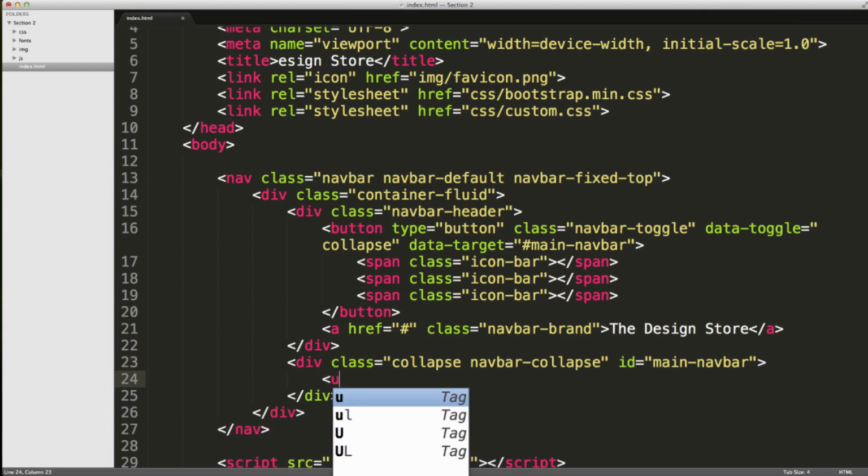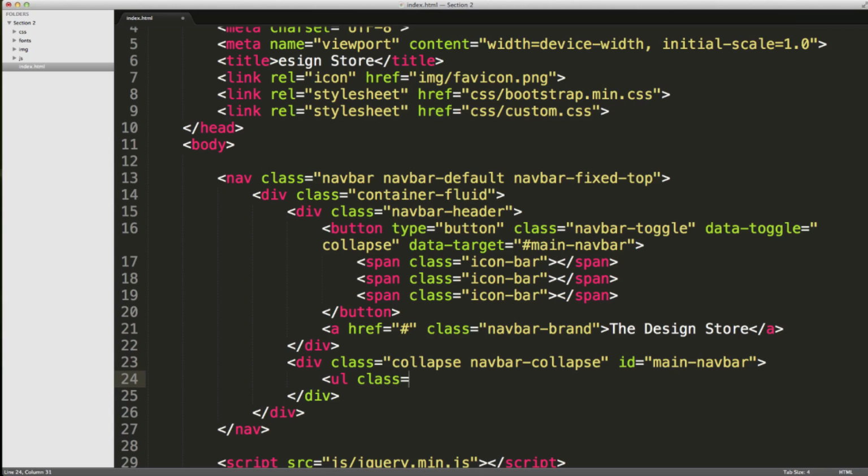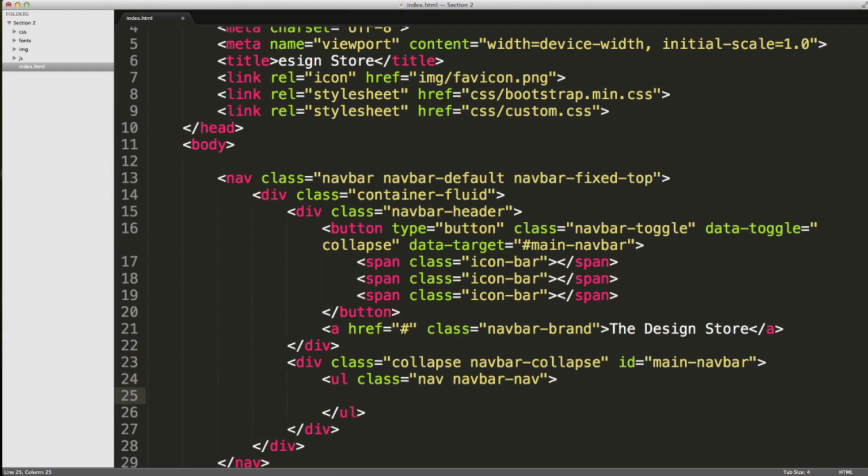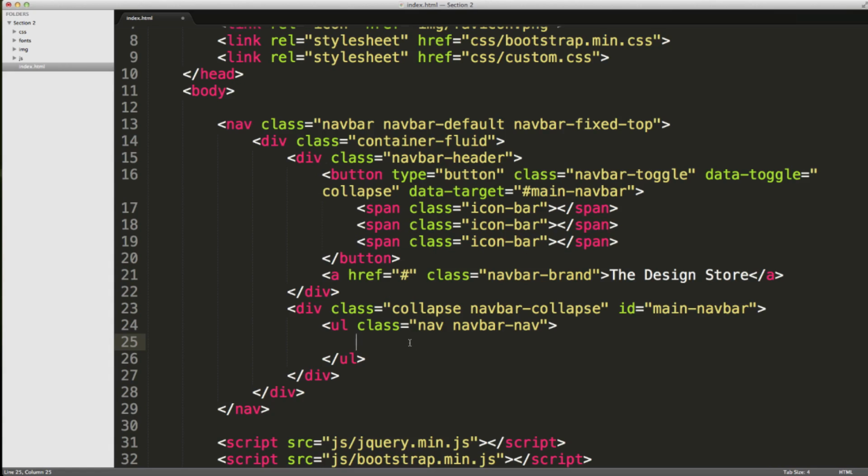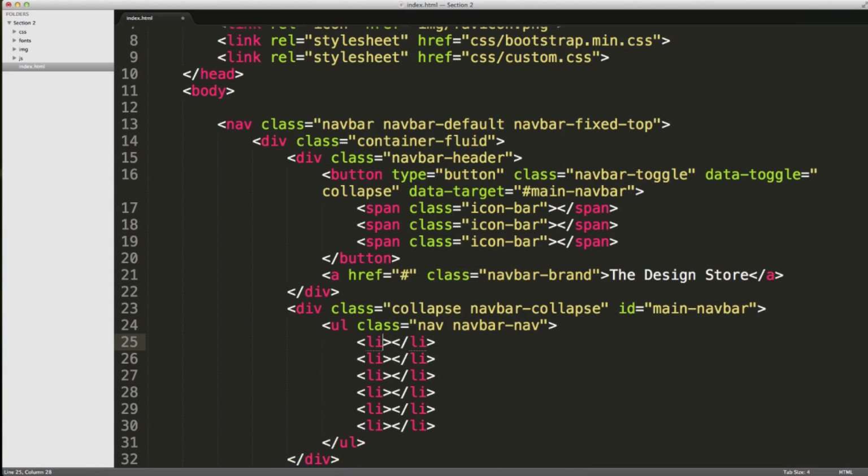Then in here we're going to have an unordered list, a class of nav and navbar-nav. Now in here we're going to have a set of list items and anchor elements within those list items. So we want a set of list items, we want 6 of them. So just do it like that. Then inside we want an anchor element,